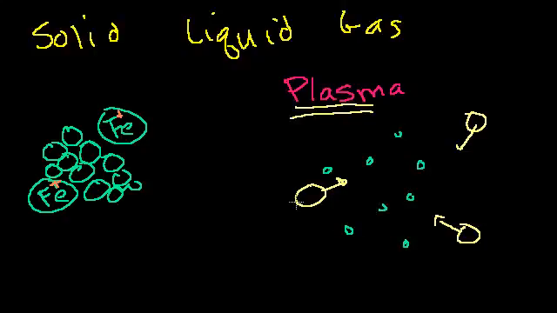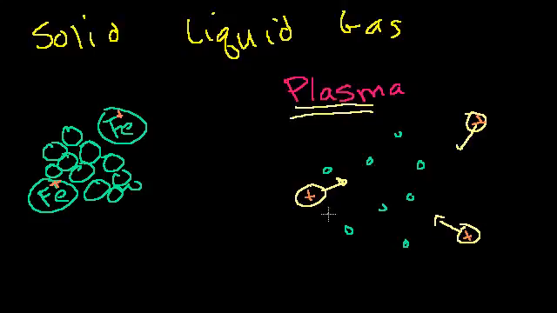A solid has its own shape. A plasma will take the shape of its container like a gas, and sometimes it is described as an ionized gas. It's described as ionized because the electrons are bumped off. And when the electrons are bumped off, the otherwise neutral atoms now have positive charges. What this allows is essentially a conduction of electricity, because now these electrons are free to move.